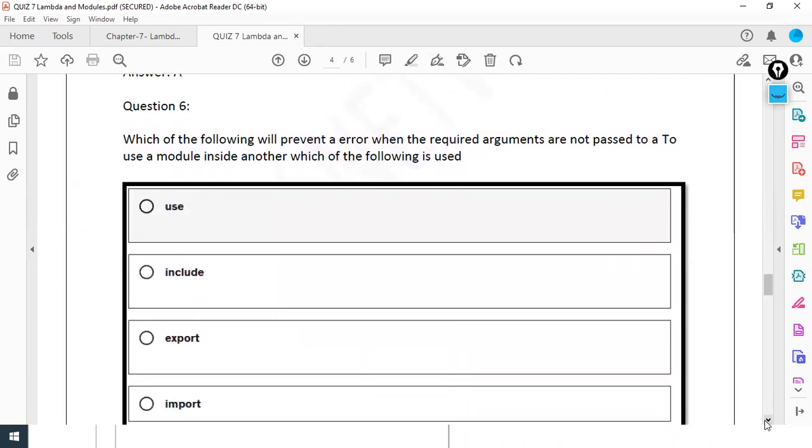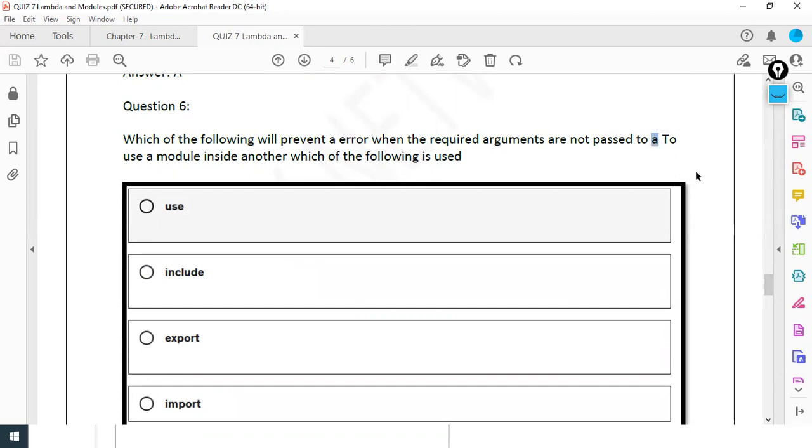Which of the following will prevent an error when the required arguments are not passed to use a module inside another? You just have to read up to here.